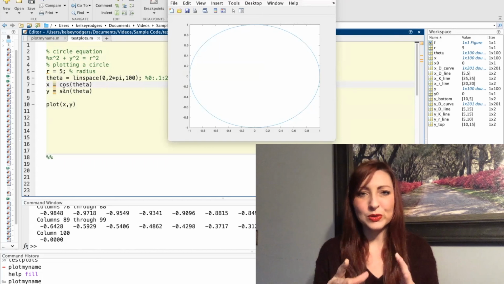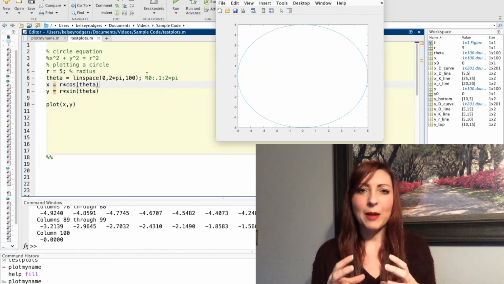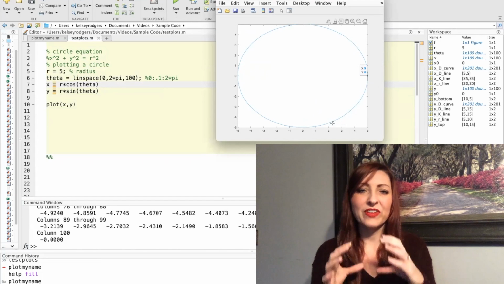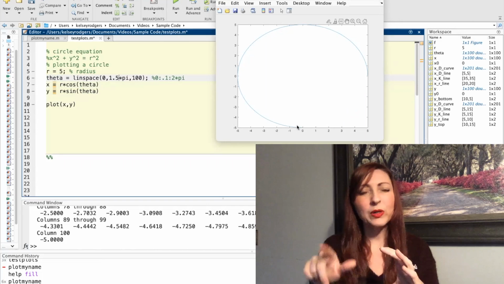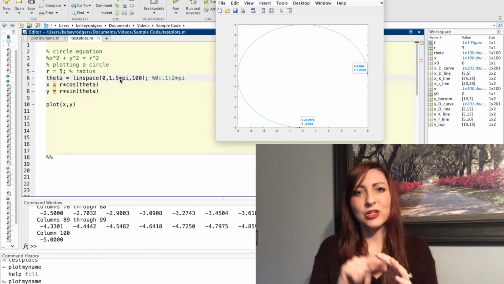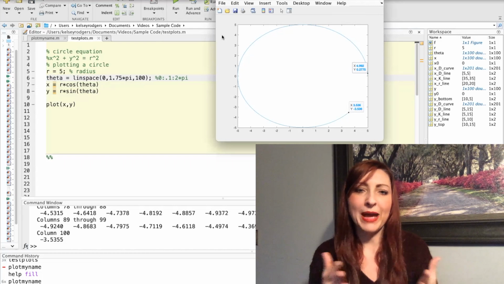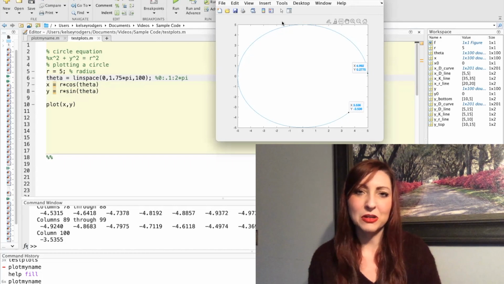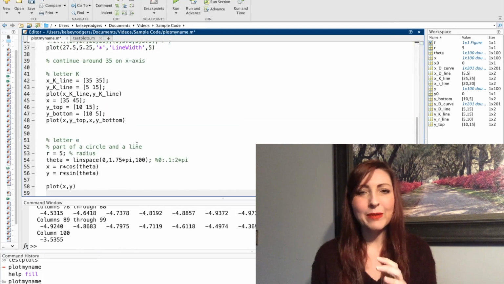If I wanted a full circle, I would use 2 pi, but since I only want part of a circle, I'm not going to use the full 2 pi. If I did 1.5 pi, I would get 3/4 of a circle. And I want a little bit more than that, so I'm going to try 1.75. Since I like how this looks, I'm going to put it back into my main script file and continue forward from there. Once I get that E in the correct placement, I'm going to add a